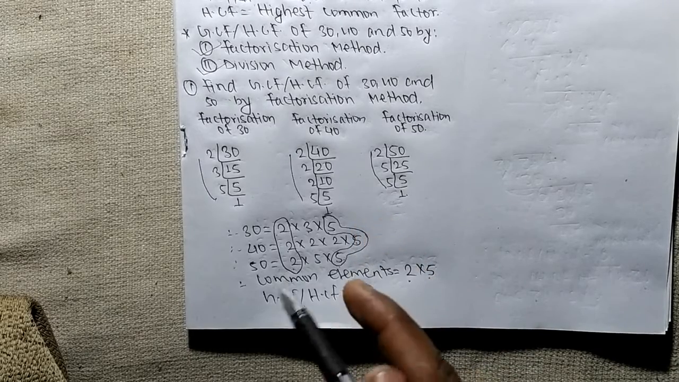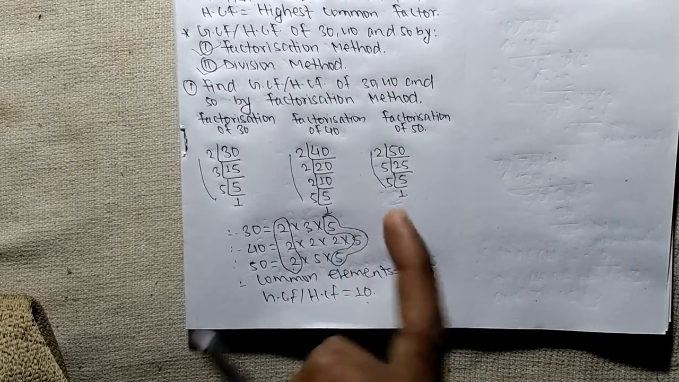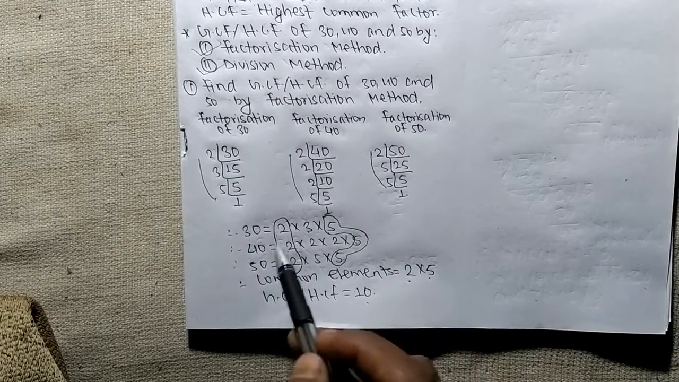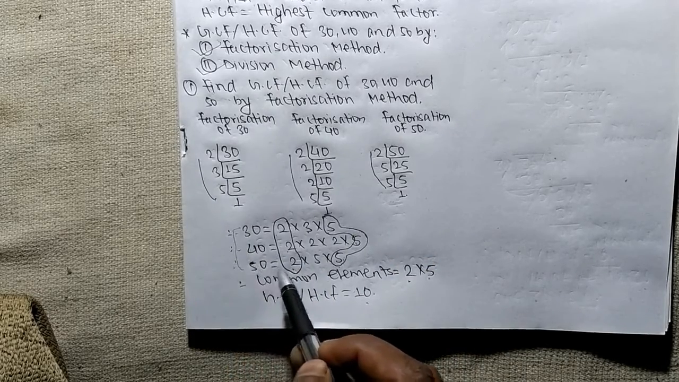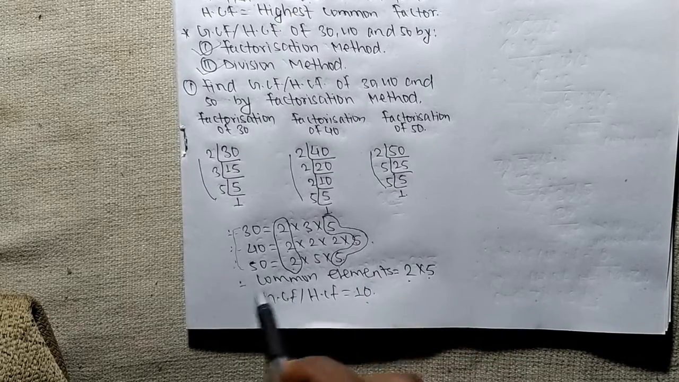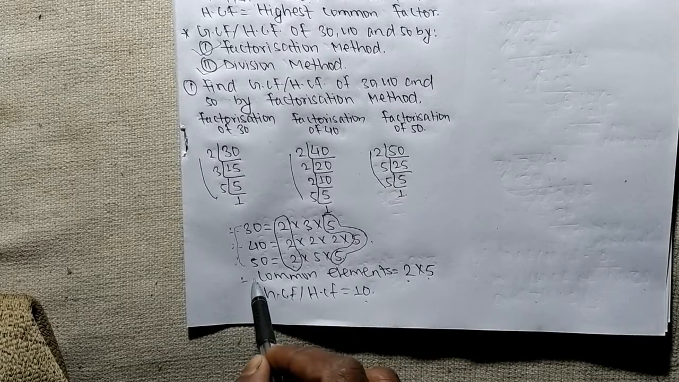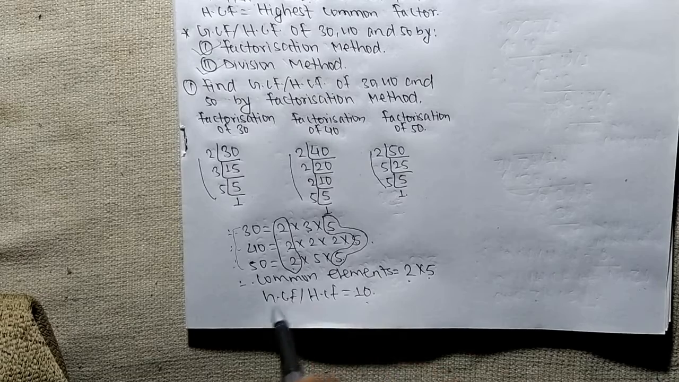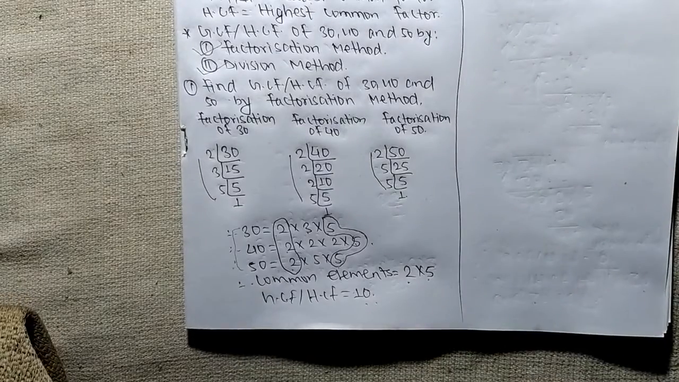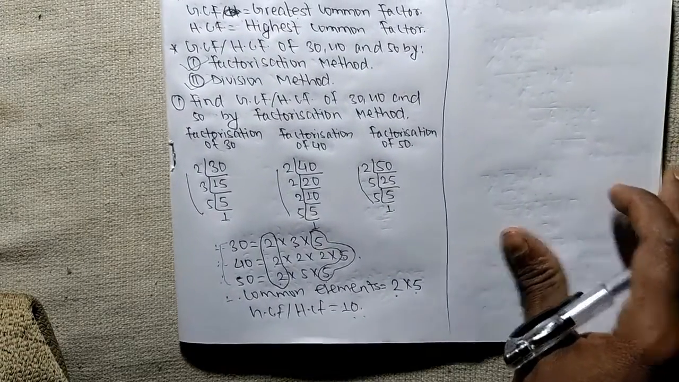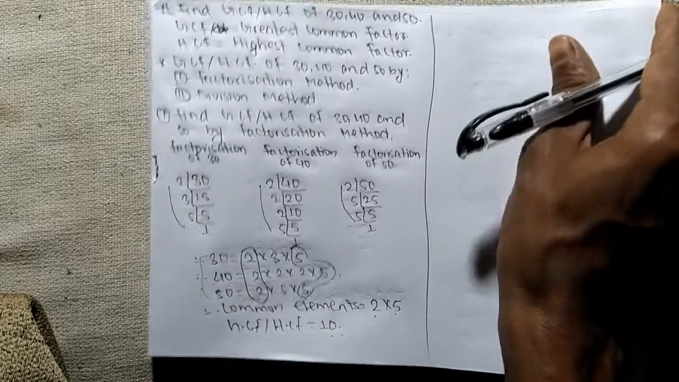The first thing you have to do is take the prime factors of all the numbers. Second thing, write the factorizing elements of all the numbers. Third thing, take the common elements. And fourth thing, take the product of the common elements. So it is simple. Like as now we learn to find GCF or HCF of 30, 40 and 50